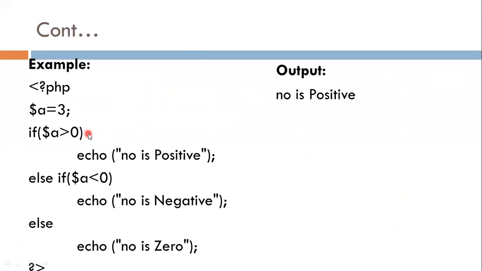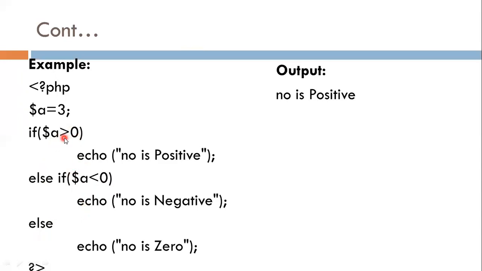Example: here I write one PHP script with three possibilities. One variable is used with name A, which has value 3. I have to check whether the number is positive, negative or 0. So I have three possibilities, so I have to use an else if ladder. In the first if, I write one condition for the variable greater than 0, so I write $a greater than 0. In the second else if, I write $a less than 0. And the third possibility is else.